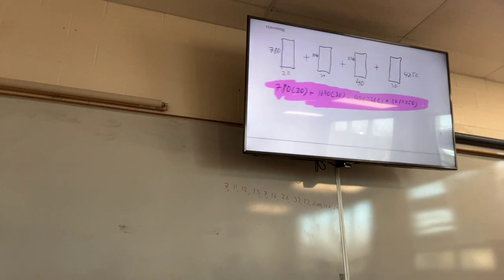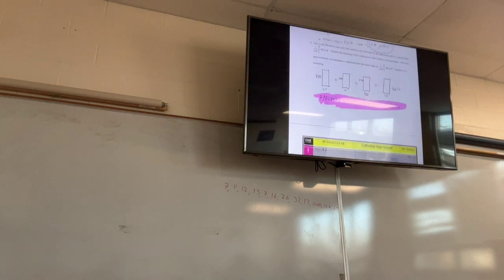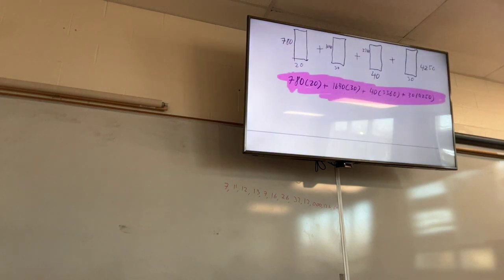Okay. So, will this be an over approximation or an under approximation? How do we know it's going to be an over? No, that's not good reasoning. That's not enough. That's on the right track. Because it goes farther, because you're using the bigger one instead of the small one. So, it's an over approximation, an overestimate, and that's because